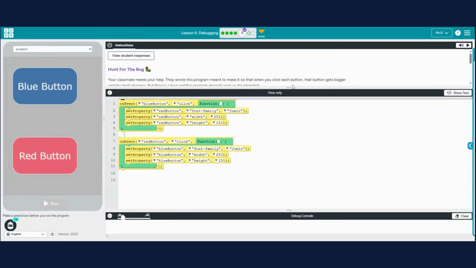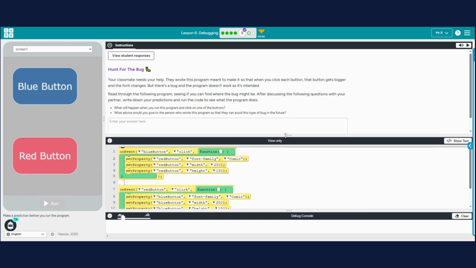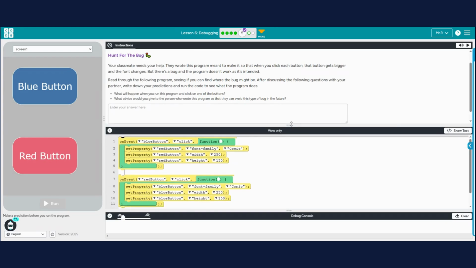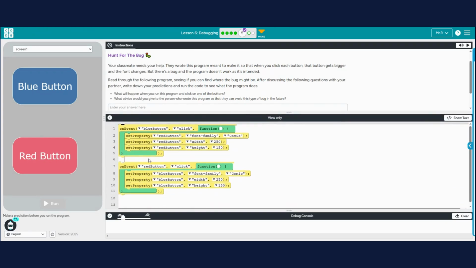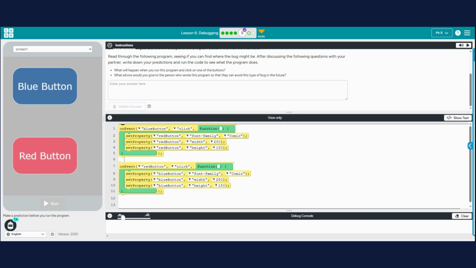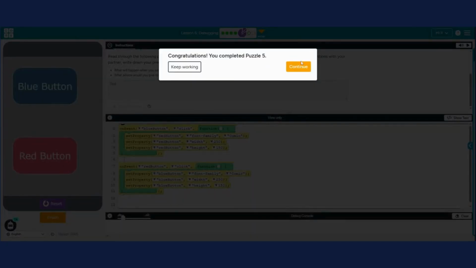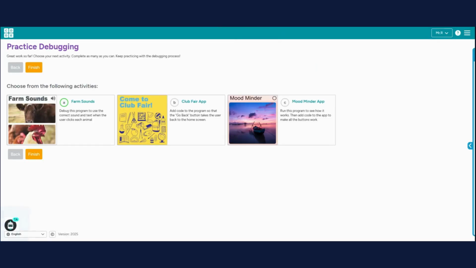All right, so lesson 5, it just wants you to kind of look at this code. So your classmate needs some help. They wrote this code. It's not working as expected. They want you to look at the code, see if you can figure out what's wrong, and then type your answer in here. I think you guys can figure this one out, so I'm going to let you guys try that on your own. Then we're going to go to